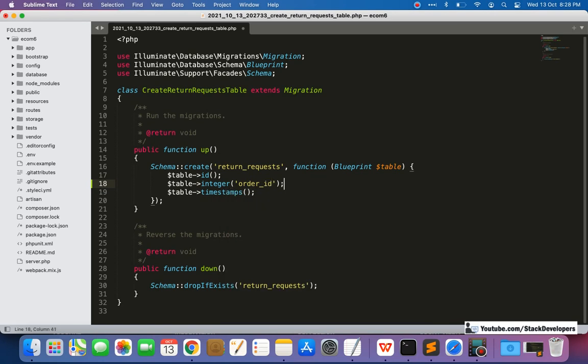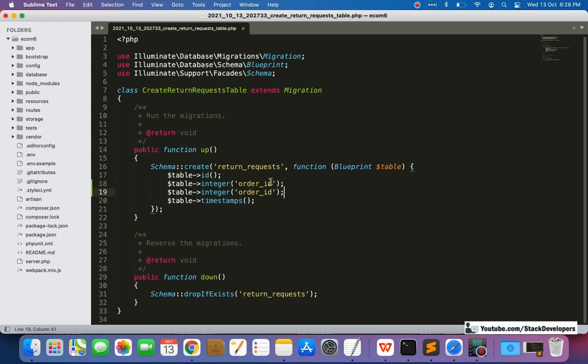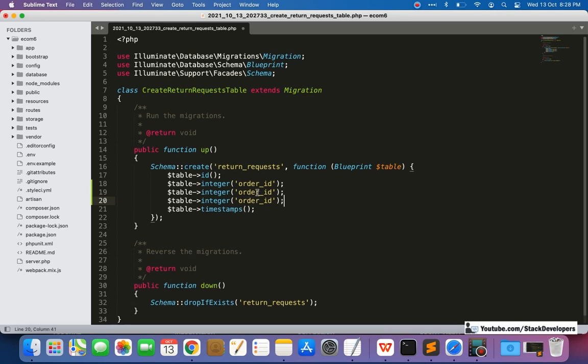Order ID is required because we will pass it as a hidden field. The customer is not required to fill in the order ID. User ID as well, we will also pass on our own.